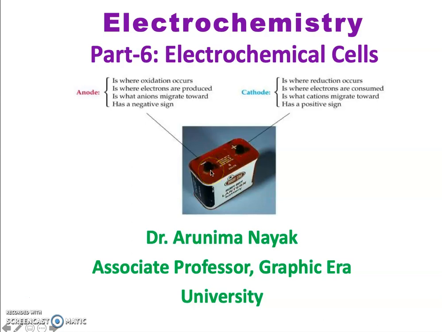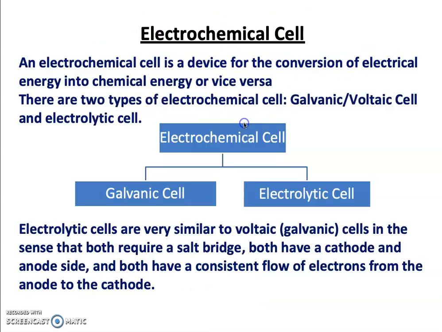So the negative sign implies the anode, where the oxidation is occurring and electrons are produced on this electrode, and anions are generated. They migrate towards the cathode, and the positive sign implies the cathode, where reduction occurs. That means the electrons that are migrating from the anode are consumed at this place. The cations that are also produced in the cathode, they migrate towards the anode.